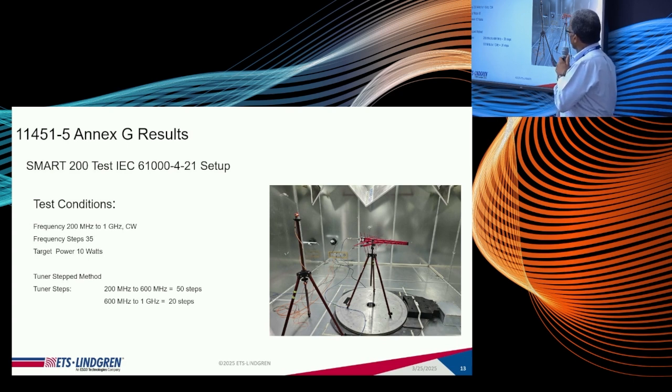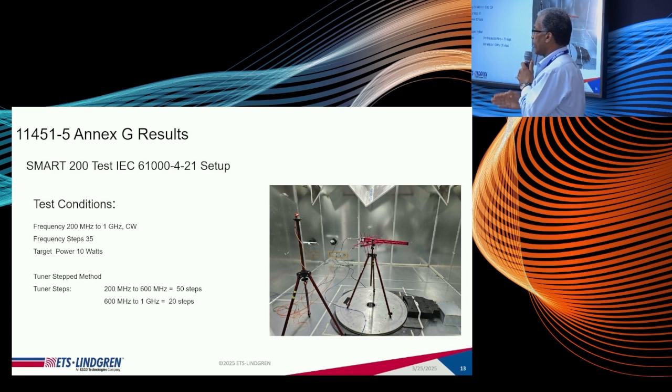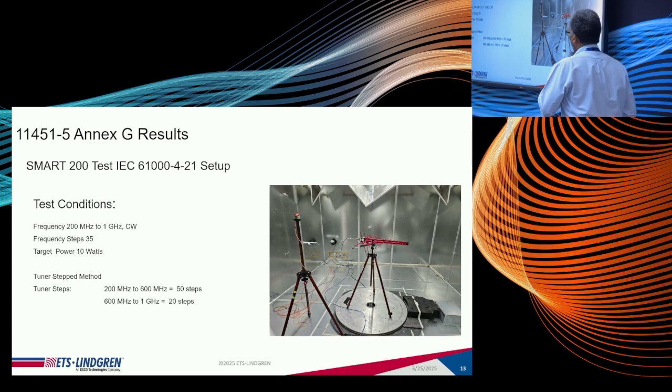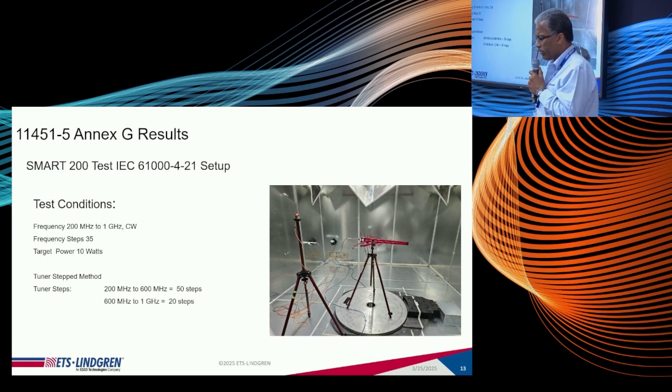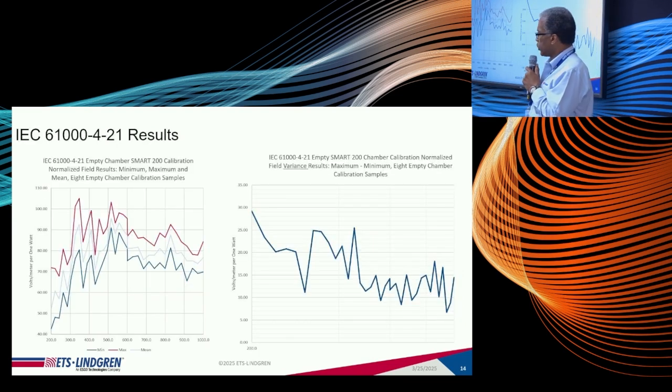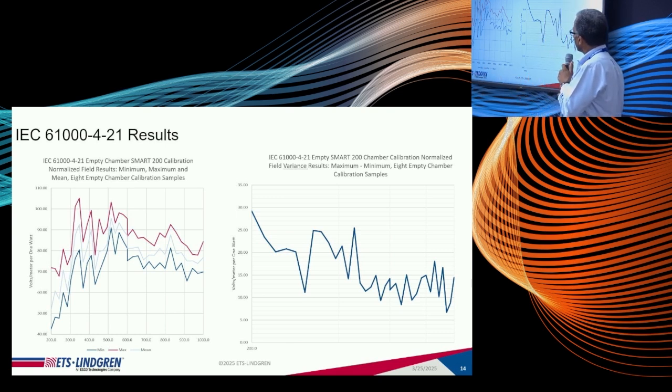So for the IEC method, the usual method is to move a single probe to 8 individual positions and repeat that frequency range 8 times and then do the math, calculate your normalized field, and then do the test as a separate measurement. That obviously takes a lot of time. And one of the methods in the IEC standard is a step method. And you can see the number of tuner steps, 50 individual positions below 600 megahertz. And in this example, about 20 steps above 600 megahertz to a gig. So a fairly time-consuming process that takes several days moving that single probe around for those measurements.